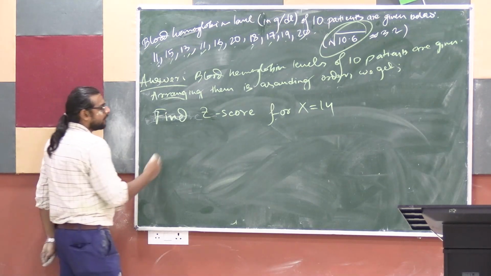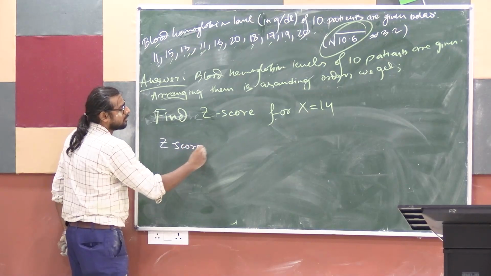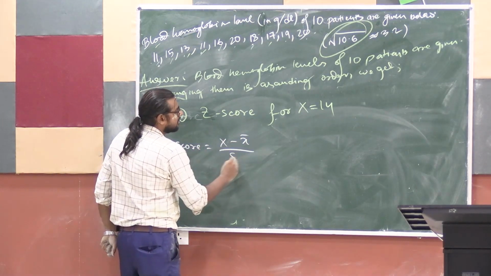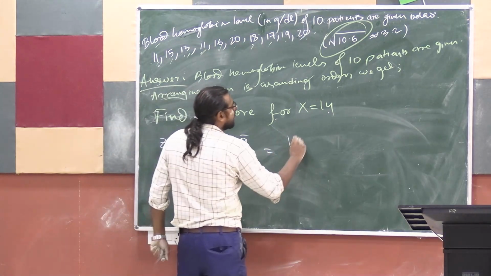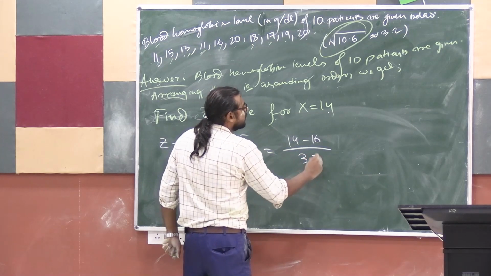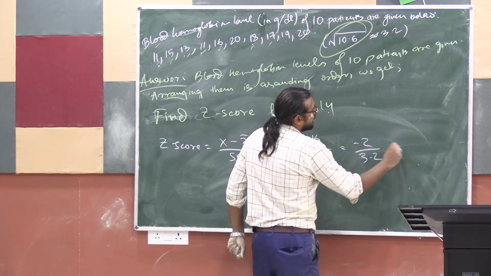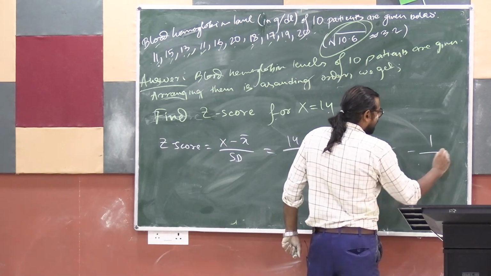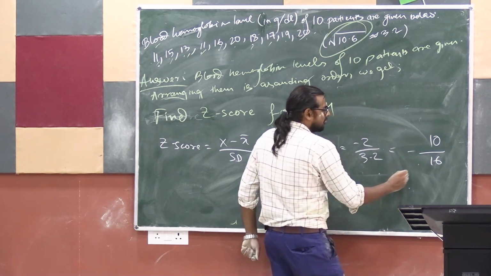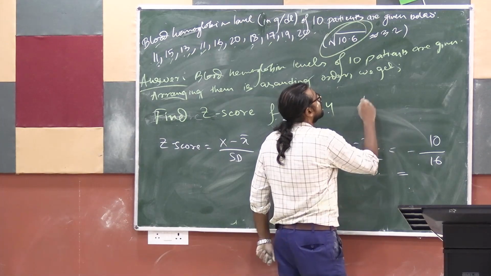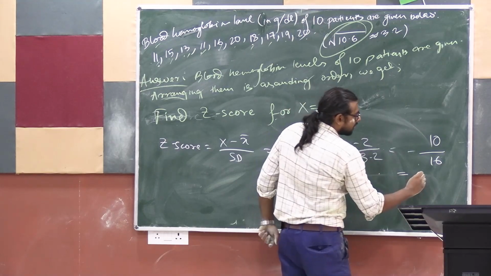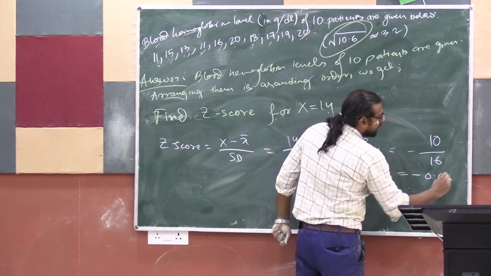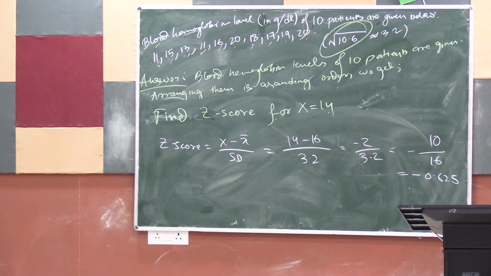ঠিক আছে, তো হোয়াট ইজ দ্য ফর্মুলা ফর জেড স্কোর? x minus x bar by SD. x এর জায়গায় আমি 14 বসাবো, যেটা স্পেসিফাই করবে সেটা বসাবো। 14 minus 16 by 3.2, minus 2 by 3.2, whatever that comes out to be, minus 10 by 16। এটা কত আসে? 1/8 মানে হলো 0.625, তাই তো? করে দেখে না, ডিভিশন এটাই হয়।